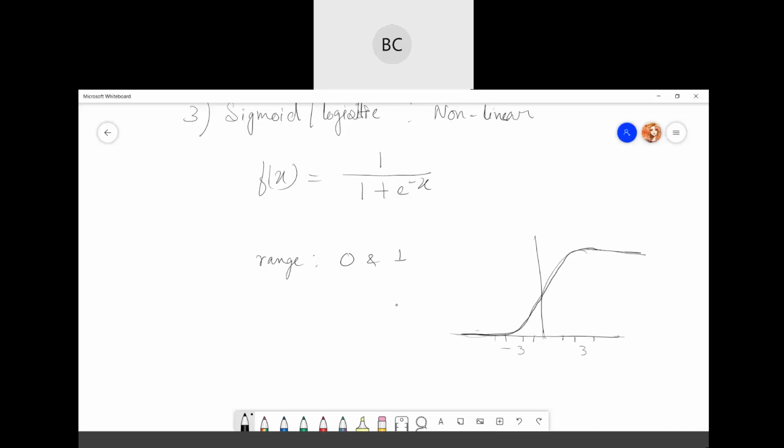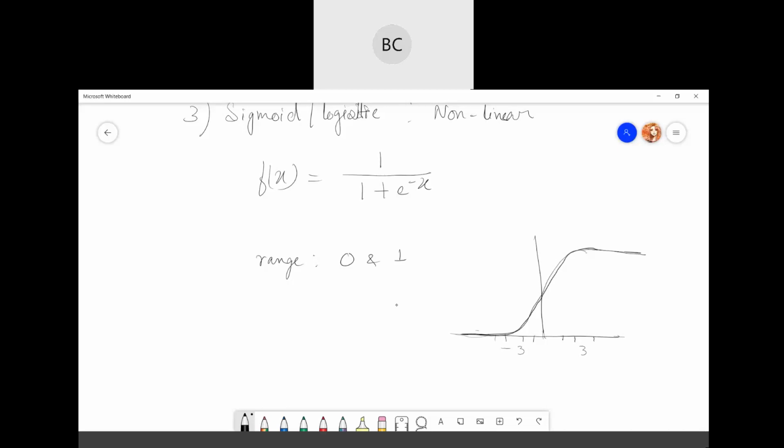That means the gradient values approach 0. That means after this part, your network is not learning. This is just a flat curve. It is not learning at all. So it's like a saturation point after this.